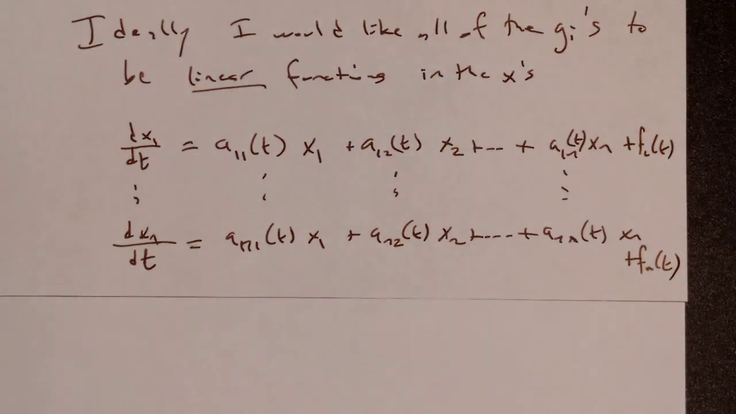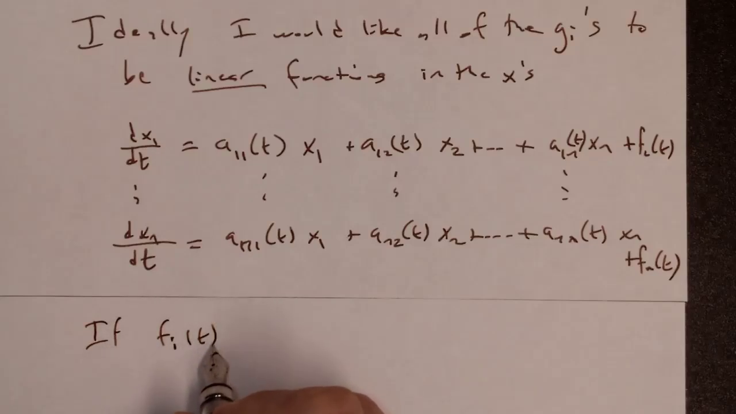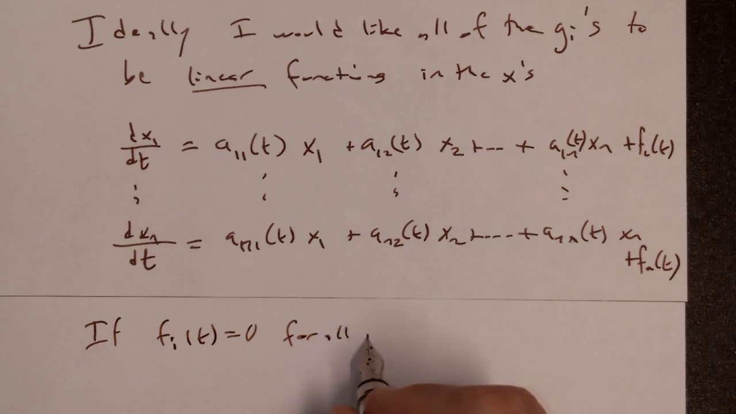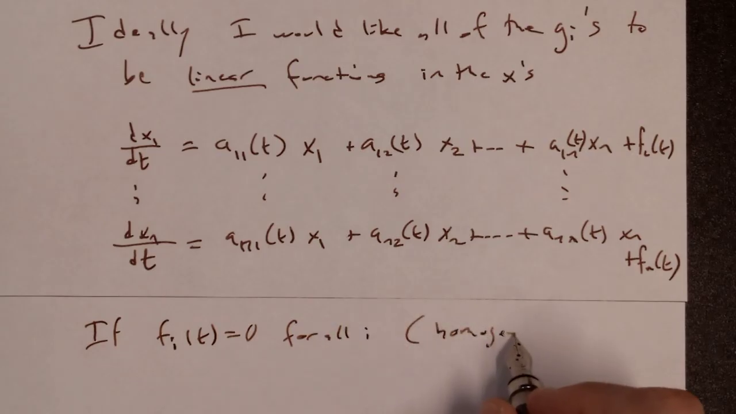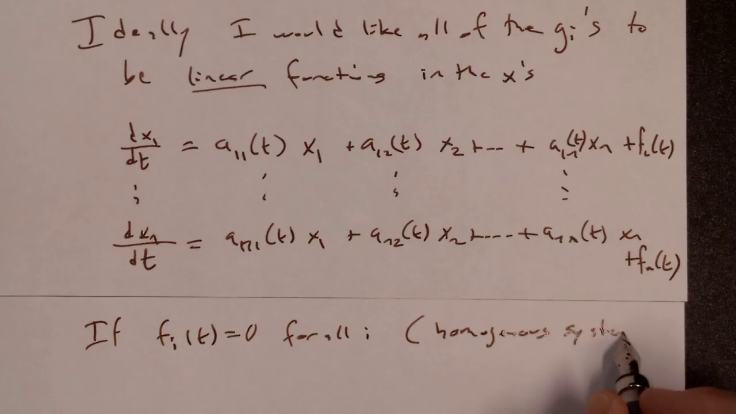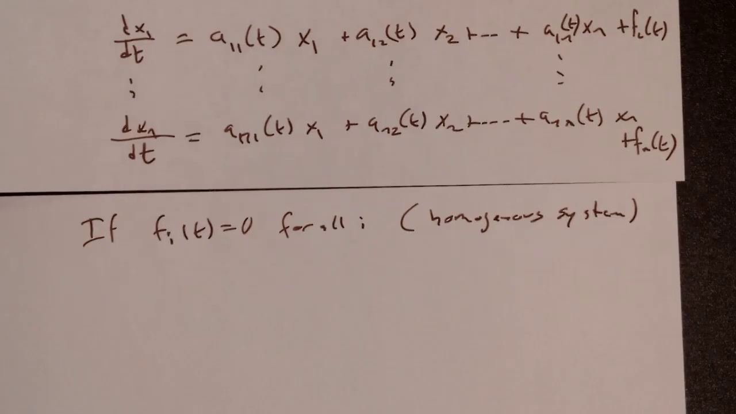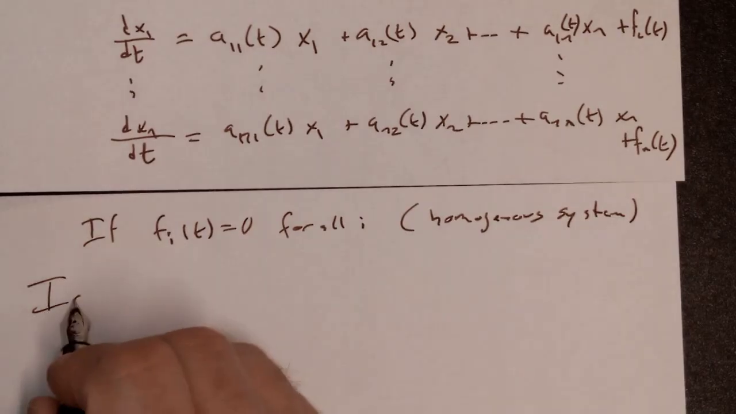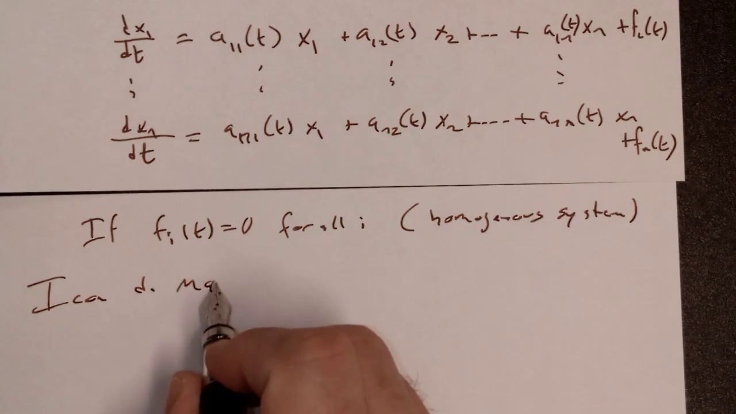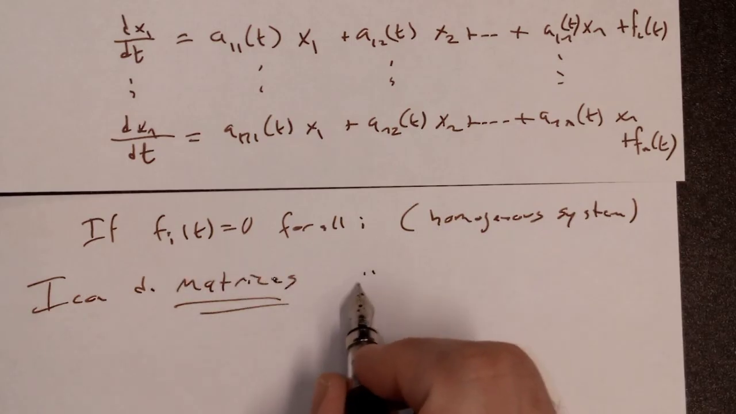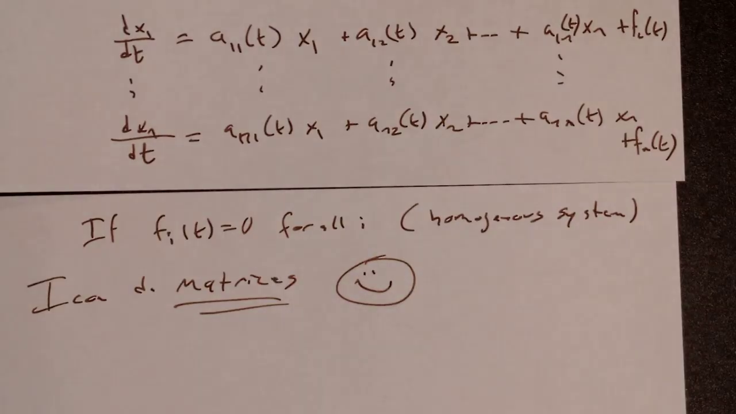But if all of those are zero, if fi of t is zero for all i, homogeneous system, then I can do this like a matrix. As a matter of fact, I can do this like a matrix, even if it's not. Okay, hang on a second. What do you mean I can do a matrix? Let's consider